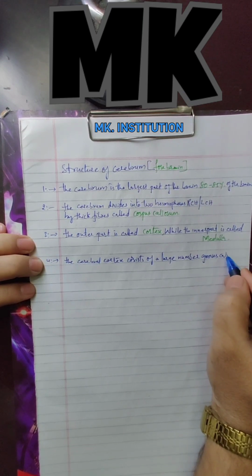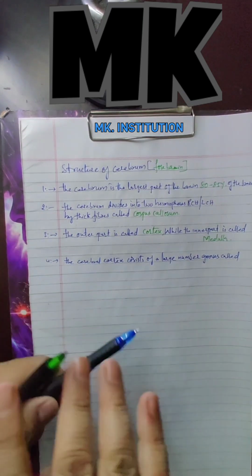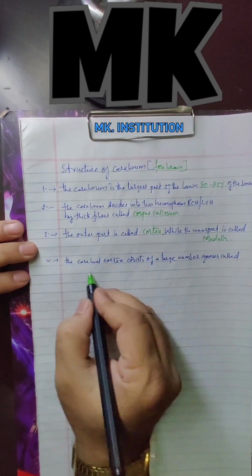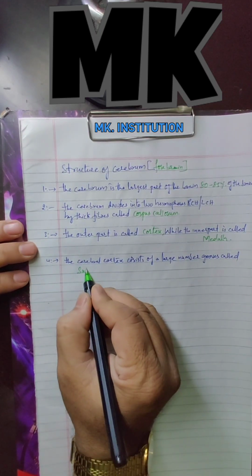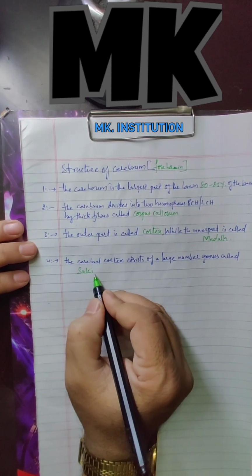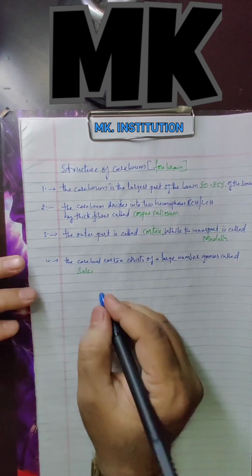Clear? Called sulci or sulci also can tell. Pronunciation will be different here. Sulci or sulci. Clear? And ridges